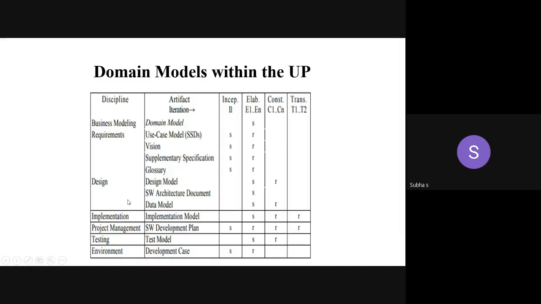So you might be aware of the project manager in any software company. Under the project manager, he may have 10 to 15 teams, because the project contains 10 to 15 modules. Assume that it contains 15 modules. So 15 modules can be divided among teams. Each team will be monitored by a team manager, team leader. Under the team leader, the persons will be there, software developers or the designers. Based on the module, they will be working. So they have to report to the team leader. Team leader will report to the project manager.